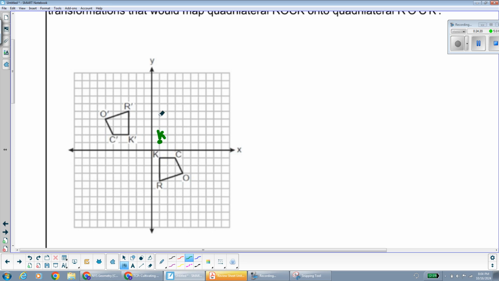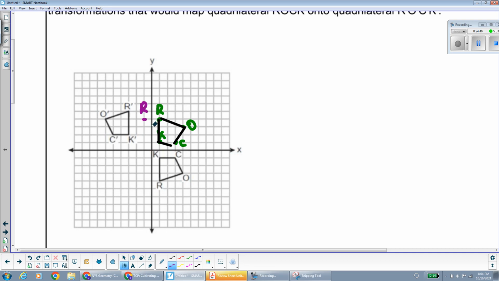1, 2, 3, 4. 1, 2, 3. So here's after a reflection over the x-axis. And then if I reflect over the y-axis,